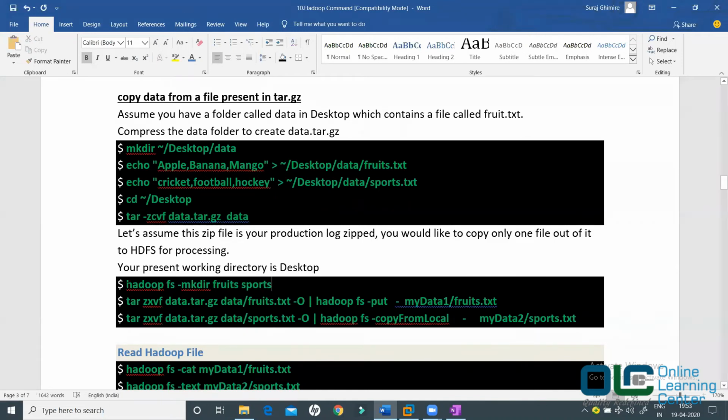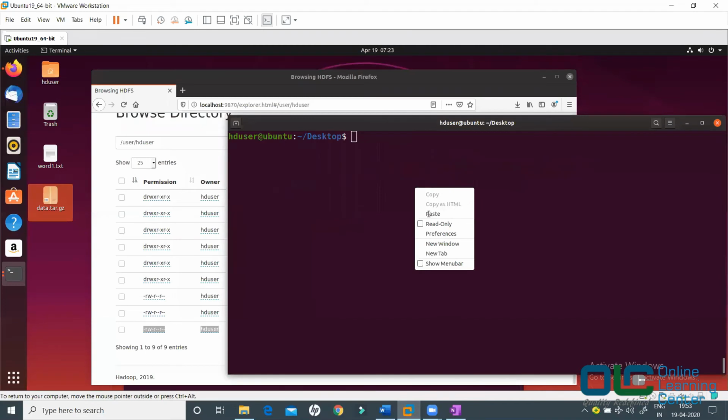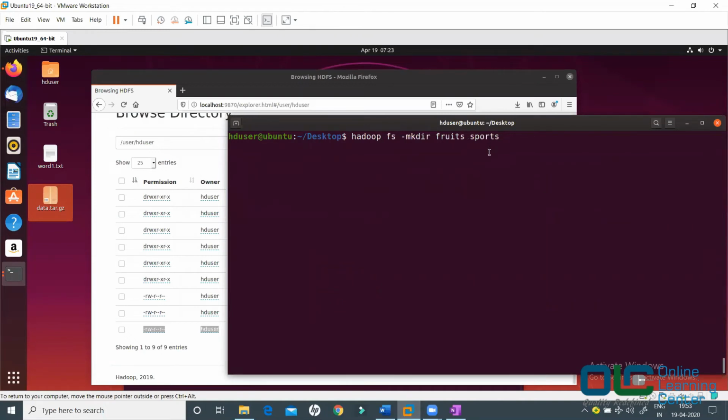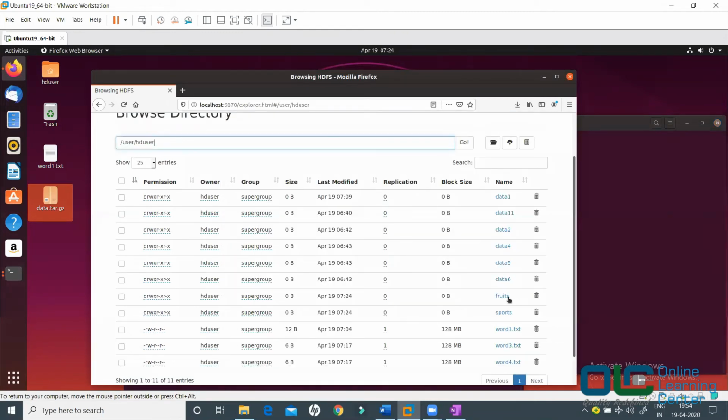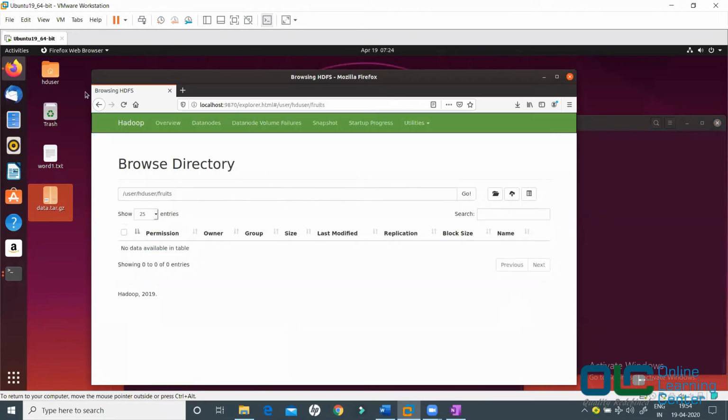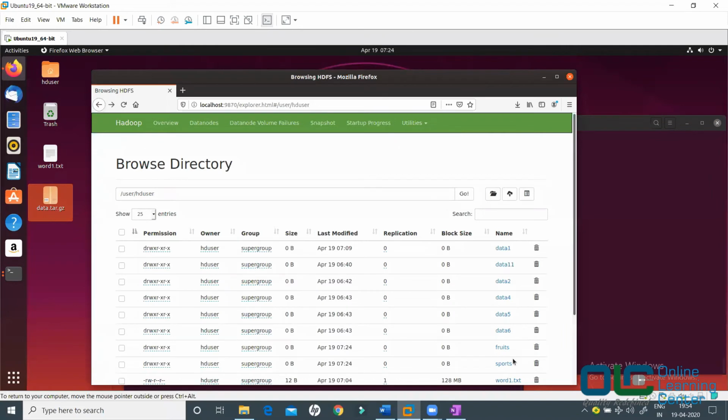I'm using the command hadoop fs -mkdir to create two folders: hadoop fs -mkdir fruits and sports, where this will be created in the default location. What is the default location? /user/hduser. So let's go to /user/hduser, hit enter. Fruits and sports, we got two folders.